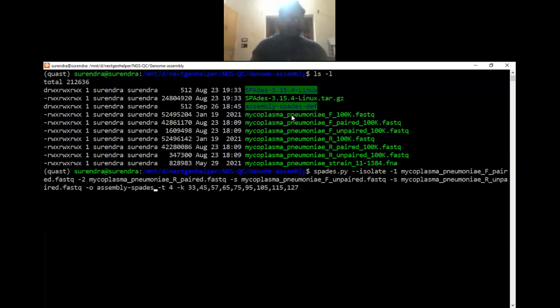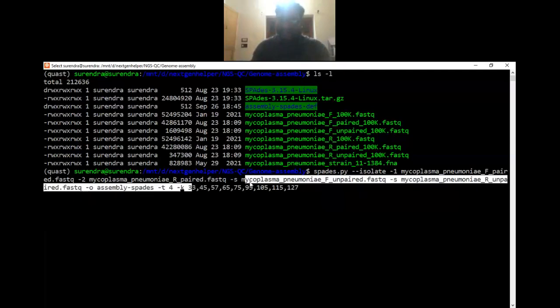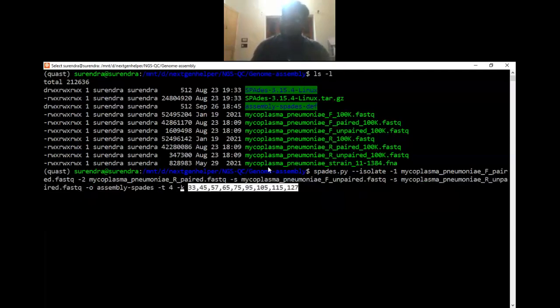As I run it, we will run it at the default K-mers. We will not define the K-mers here. I provided the -t option for the number of threads we want to use, and then the -k option is for the K-mer values we want to use. So there are different K-mer values we can define here. We can give SPAdes